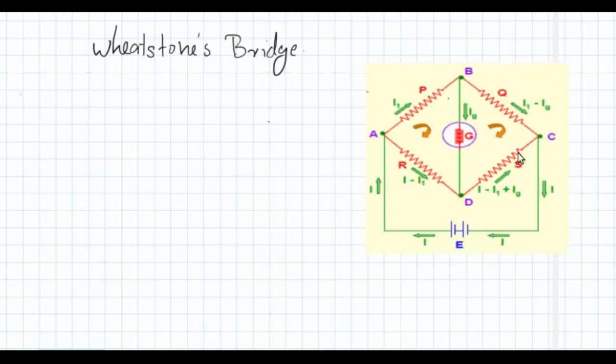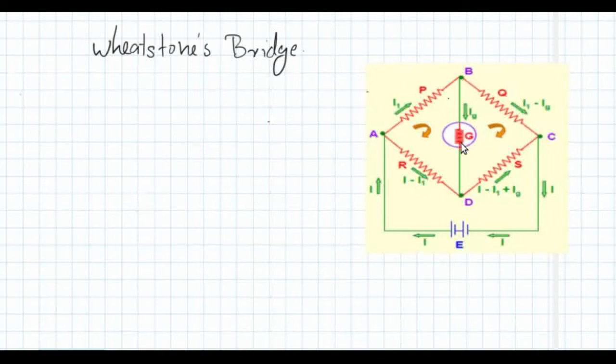Now using this network we can find an unknown resistance. That means you are arranging these 4 resistors as shown here, as a bridge, and if any 3 of these resistors are known, we can easily find the unknown resistance. This is attained by solving the previously learned Kirchhoff's law. So to apply Kirchhoff's law, we know we need some loops.